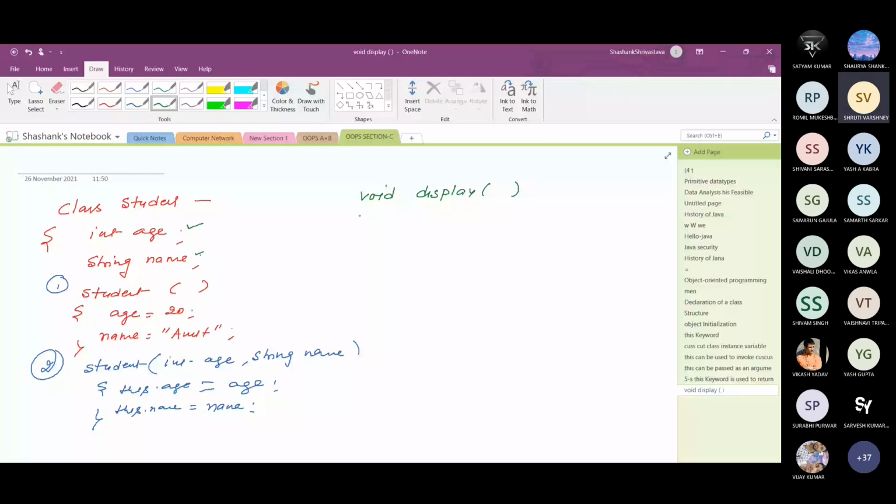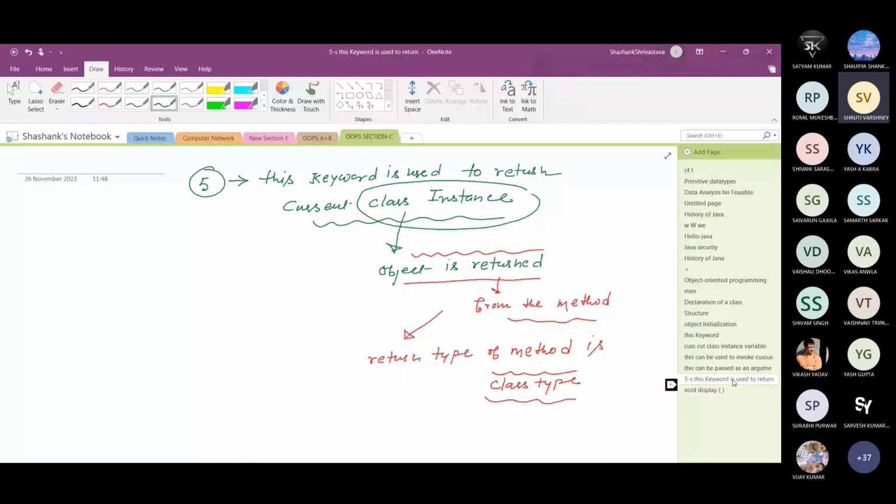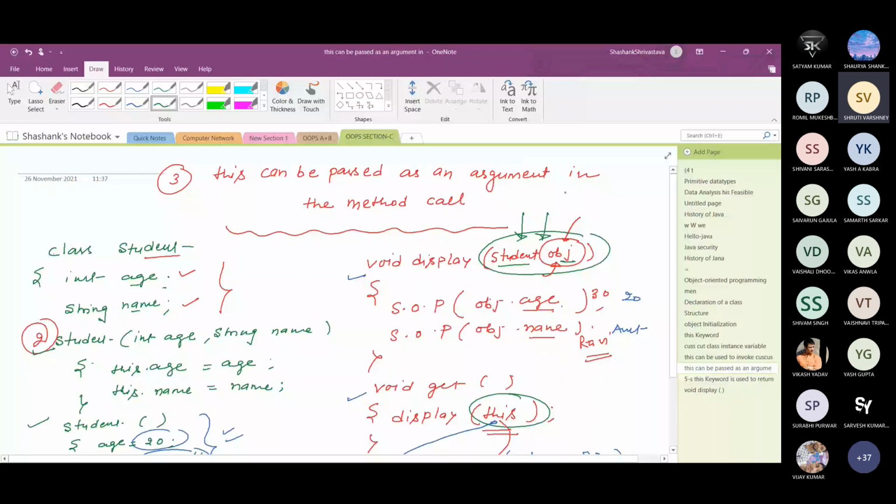In the display method, you can see what I have written, a parameter, and a parameter of which type? A class type. So that display method gets the reference of the current object, and after getting the reference, this display method is able to print the age and name of the current object, which is referred to by object obj. So the display method requires a reference variable here.